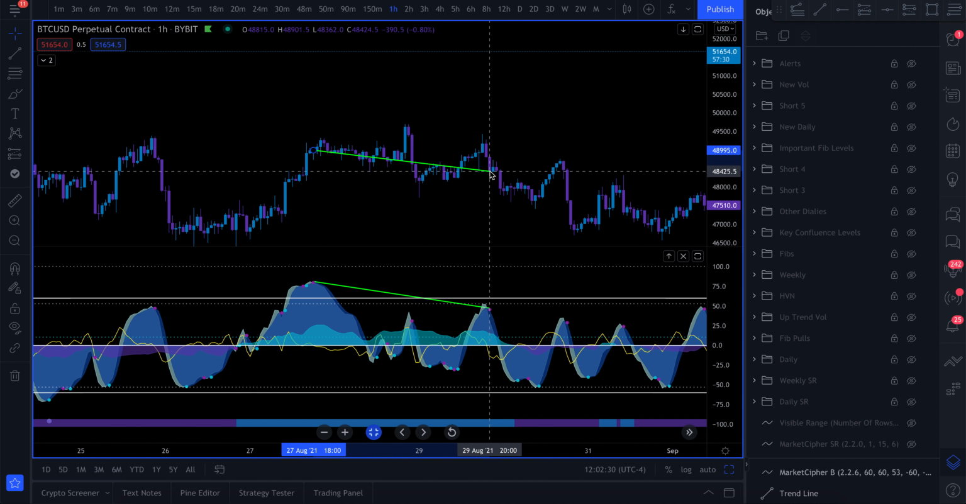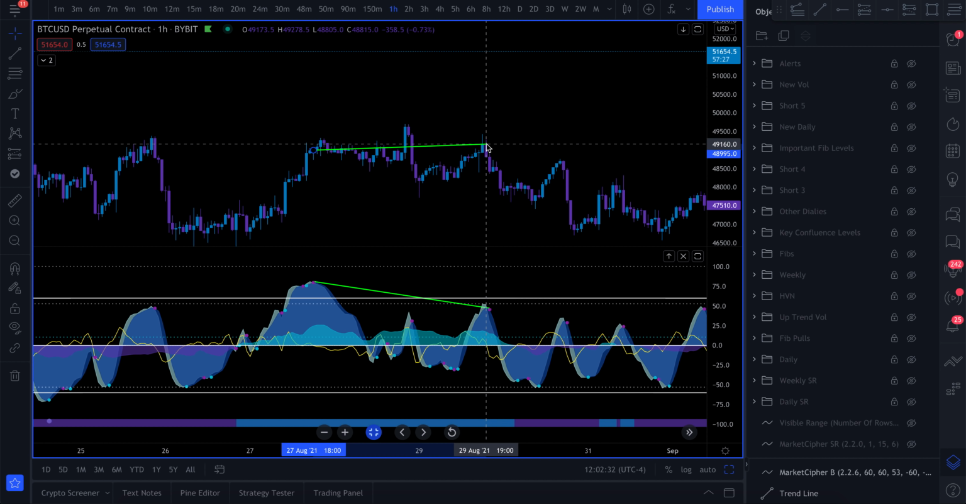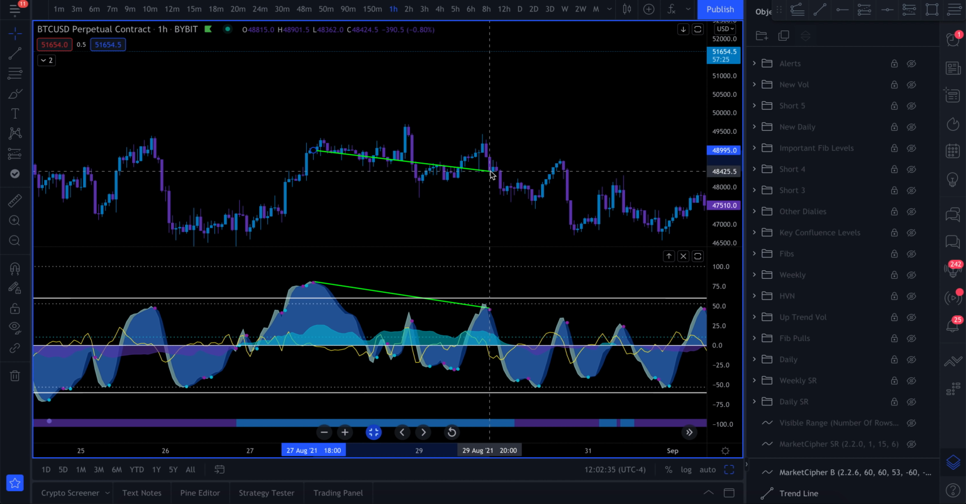Well, it's hard to say for this one because the red dot didn't actually confirm until down here, which would not have been considered a divergence. But,